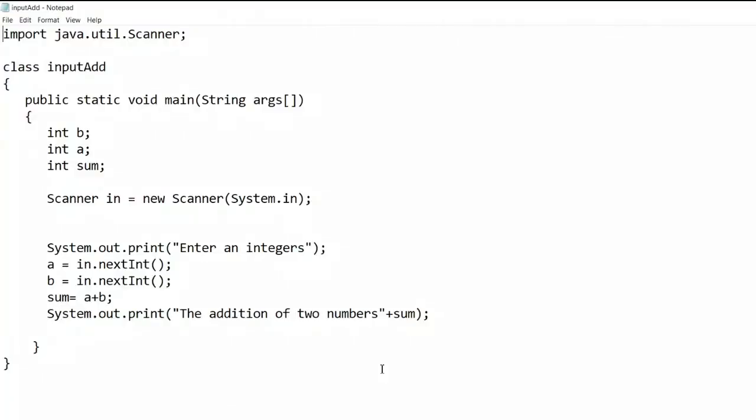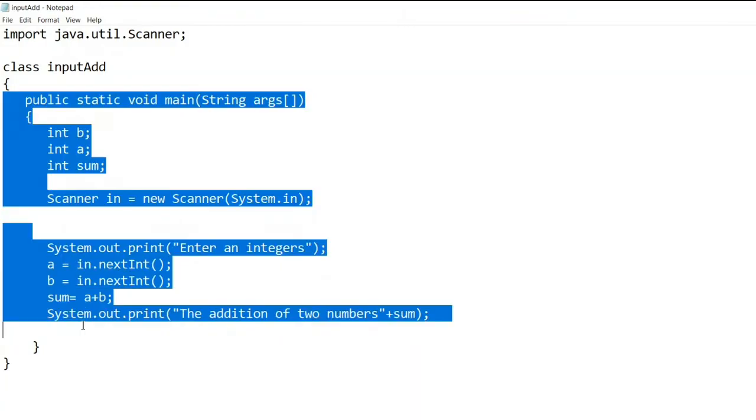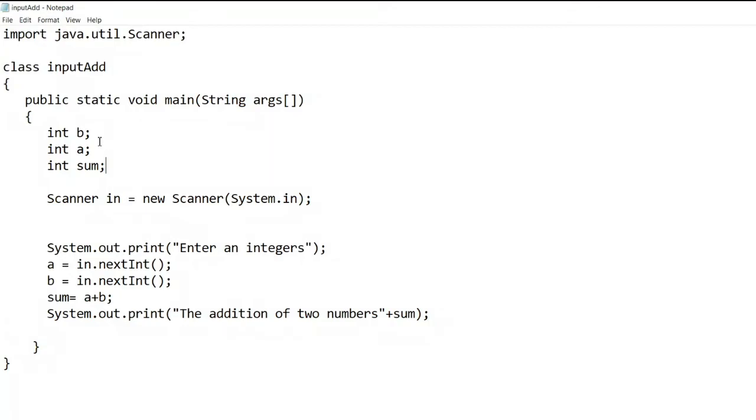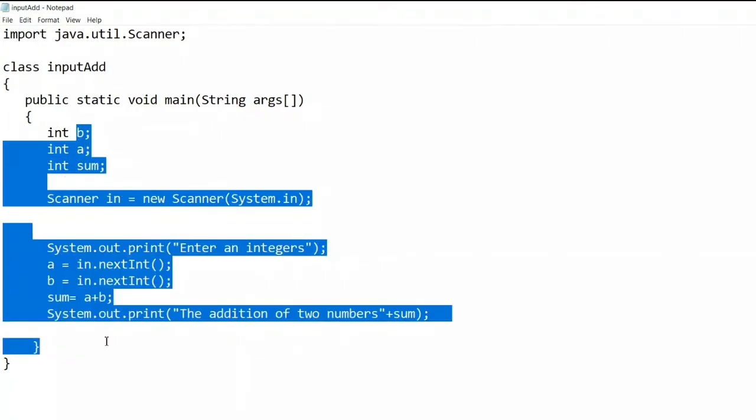So what is the scope of a variable? Here suppose a class InputAdd is there. Here in public static void main I have taken a and b values. So these a and b values lie within this class only. This a and b are going to be accessible in this class.